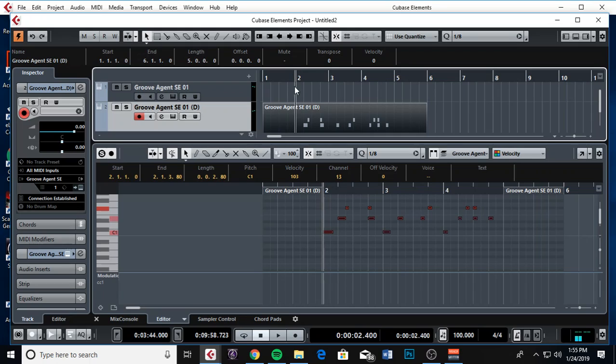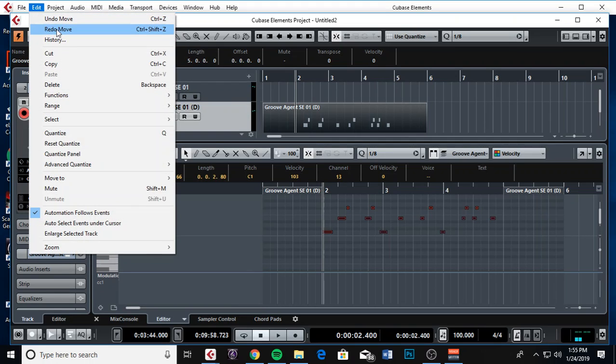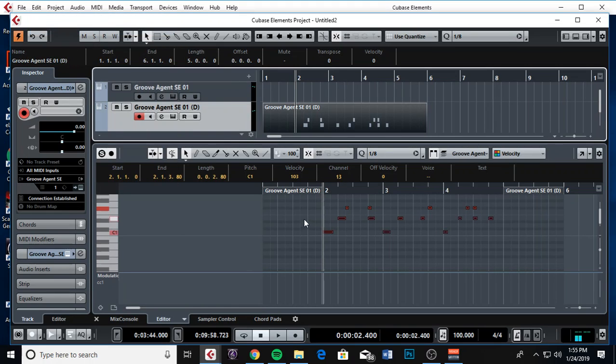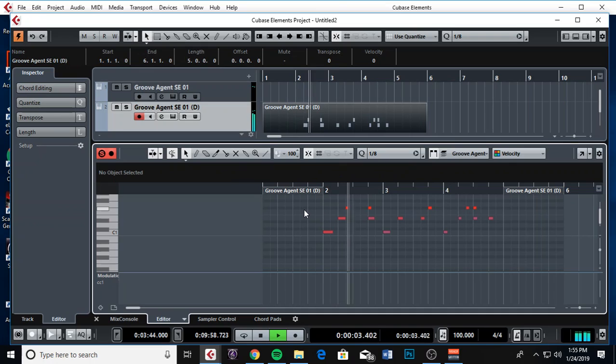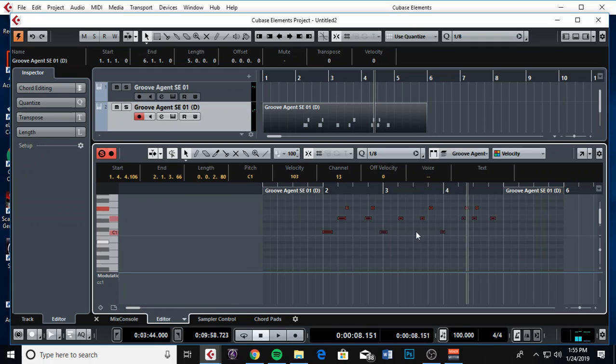Now let's see what this sounds like. You should have noticed these shift around. I'm hitting Control Z. I can redo that. Redo move and redo quantize. Okay, they shifted. Let's hear it. Better. Okay, I'm going to undo that, and now I'm going to show you how you can quantize this on